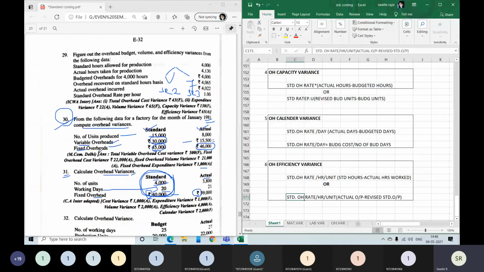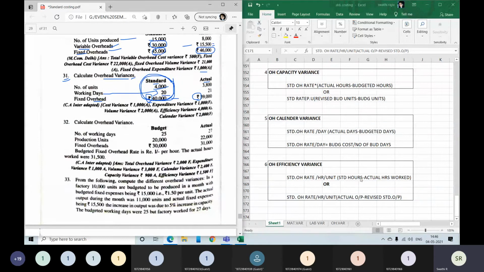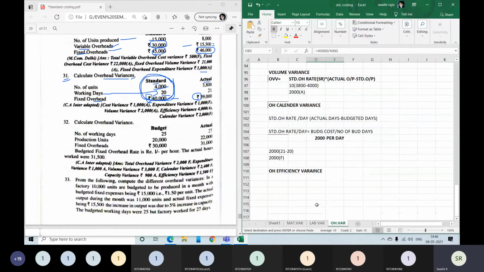Do we have any question here where hours are there? Then we can take this formula. But when hours are not given, there is no way for us to calculate how many hours, like into 20 working days. Obviously we will not be working 24 hours. We cannot assume the number of hours. So to be on the safer side, we will just take this formula. Anyway, output is given, so we'll take this formula. Revised output, we will see what to do about it.